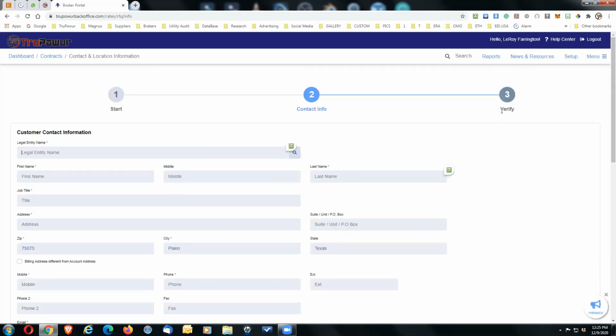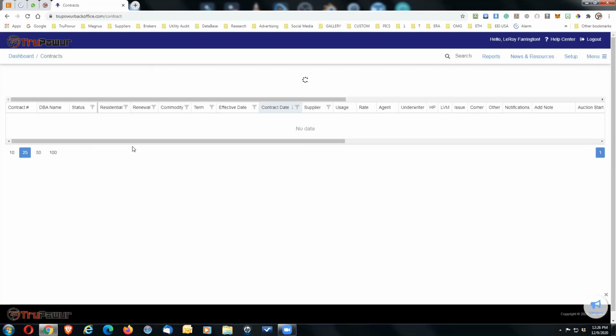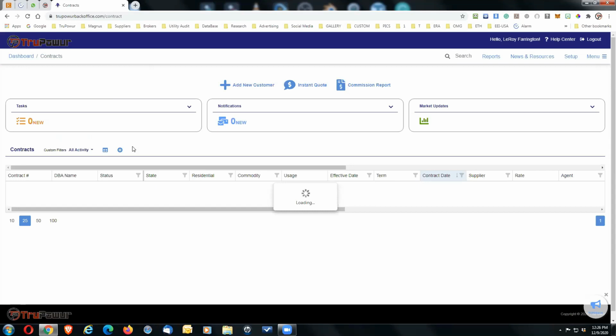It will go to a verification page where you can verify all the information. It'll compare what the system is looking at, based on what the utility is saying that address and information is, to what you put in. So it's going to verify that information. If it's giving you a suggestion, unless it's way off, then I would just accept the suggested address changes. So once you put that in there, the customer's information is now going to be in the system, and you will be able to create